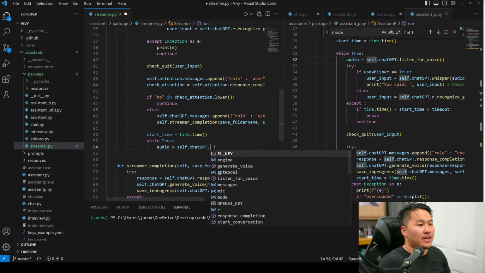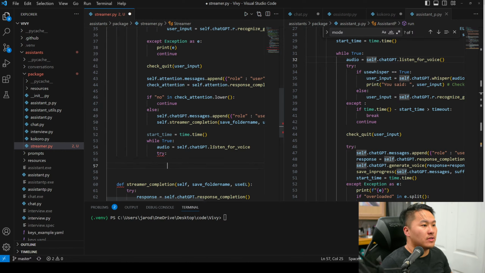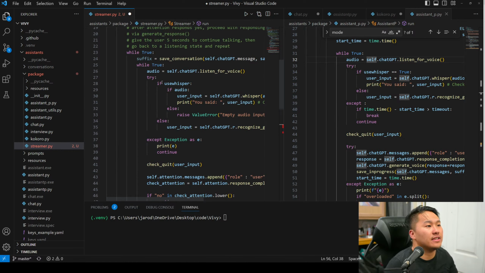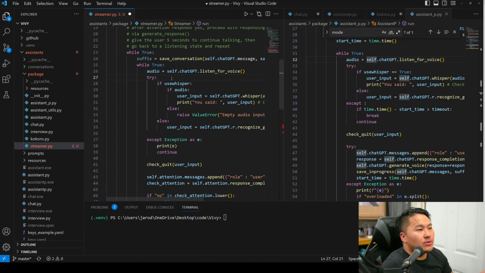Audio ChatGPT dot listen for voice. Okay, it's going to listen for voice. Try, try, accept. If use whisper true. I could actually, this could actually be its own logic as well. Or its own